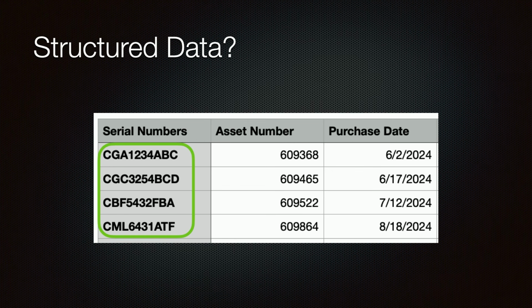Now, spreadsheets are not databases, but they look enough like one that people often use them that way. In this example, we have a column serial number that's unique for each item. In a database, we'd call this the primary key to that table. Databases enforce that the primary key is unique. Spreadsheets don't.